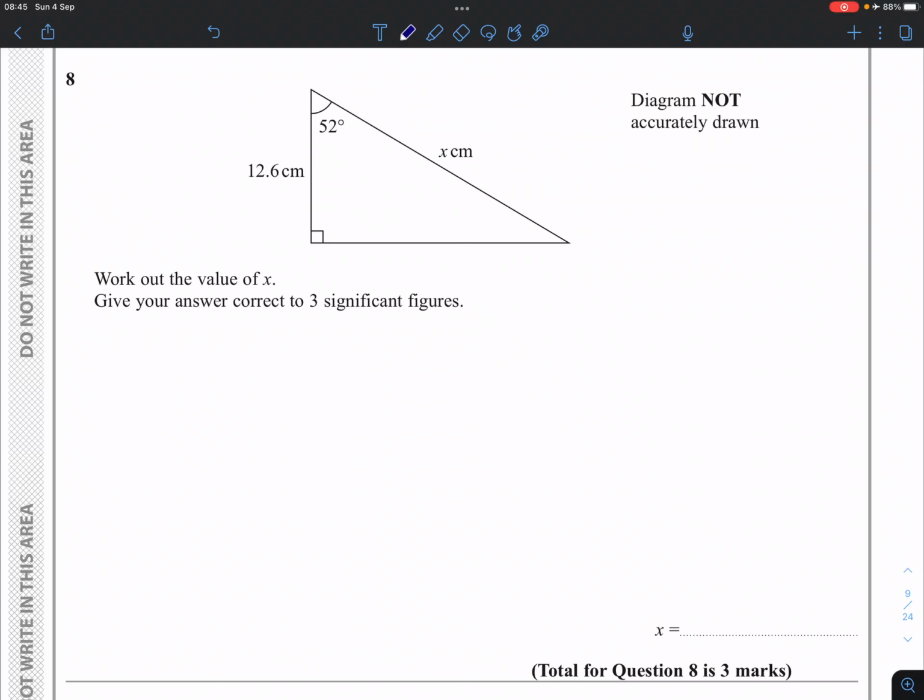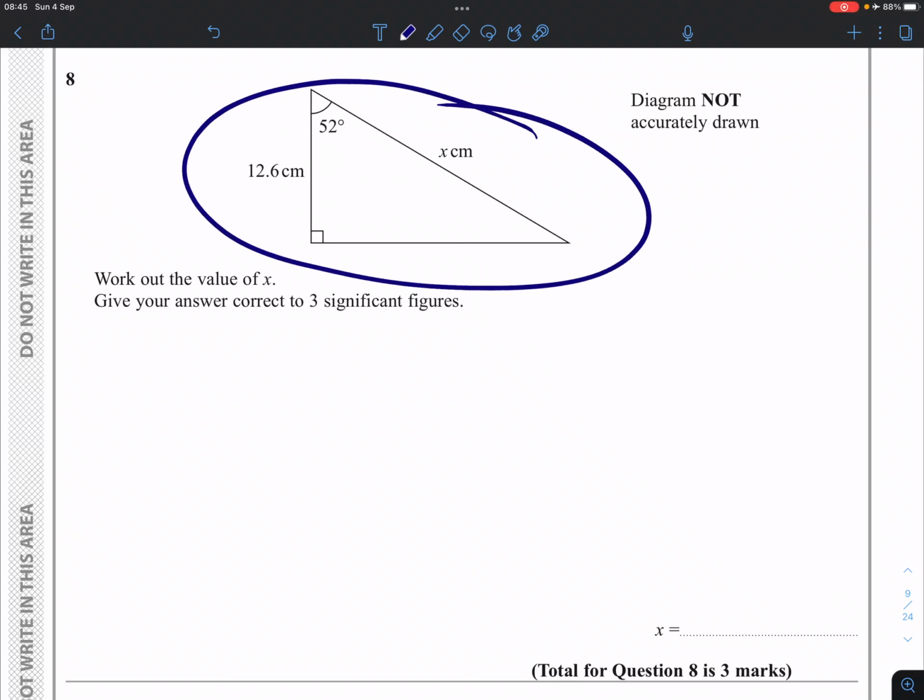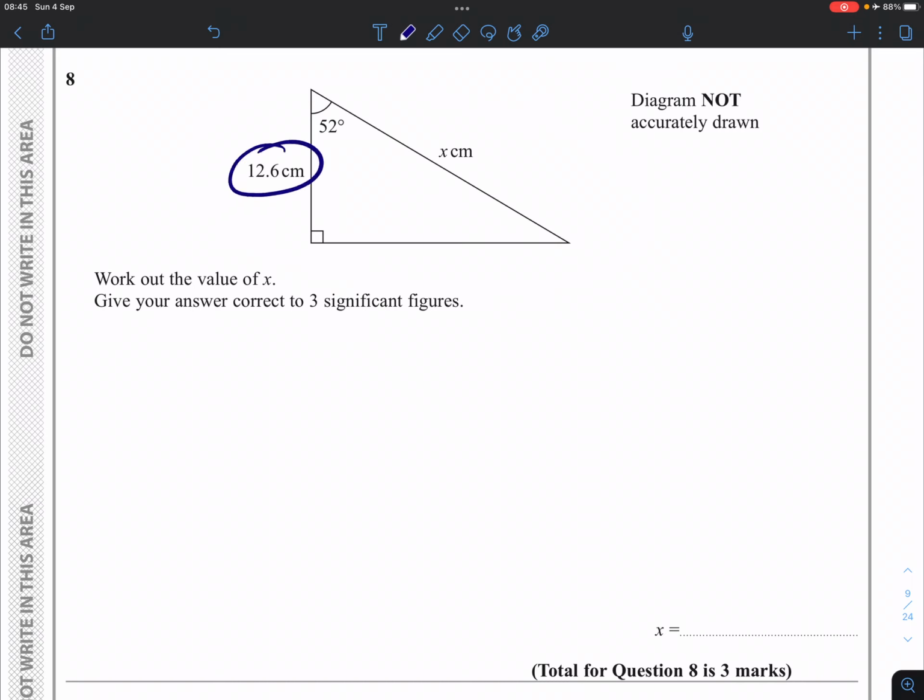Question 8, we have a right angle triangle which contains a combination of lengths and an angle. Straight away we're going to be using our trigonometric ratios, our SOHCAHTOA. So first thing I'm going to do here is to label the three sides of the right angle triangle that we have. We have the hypotenuse here. The angle being there means that across from it, opposite it, is the opposite side, and adjacent being the one